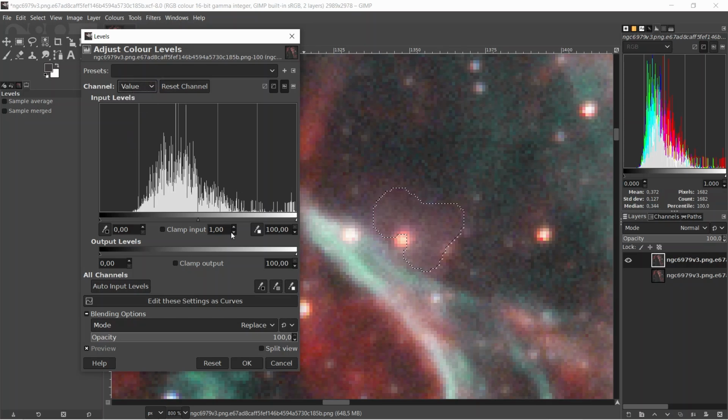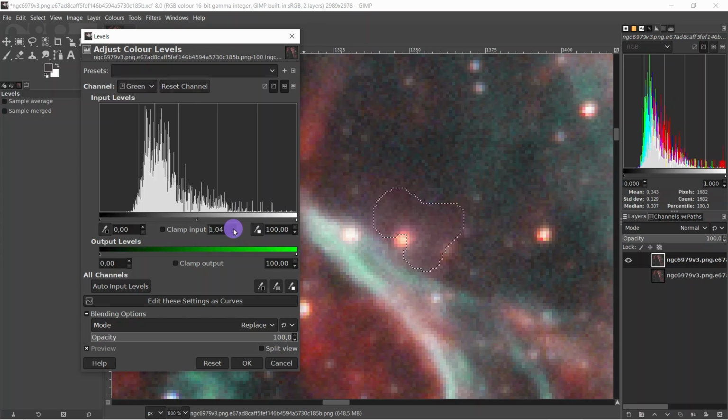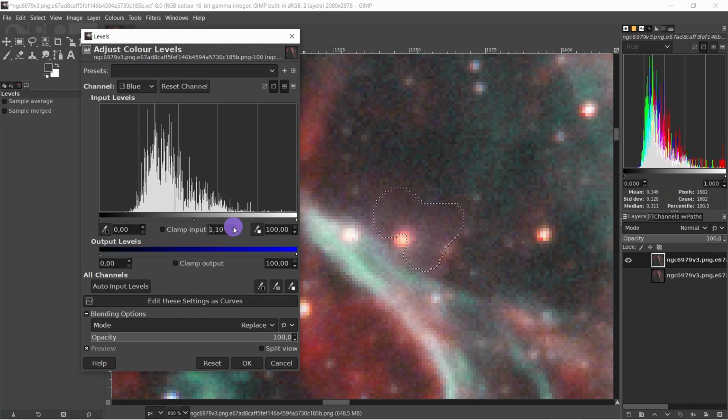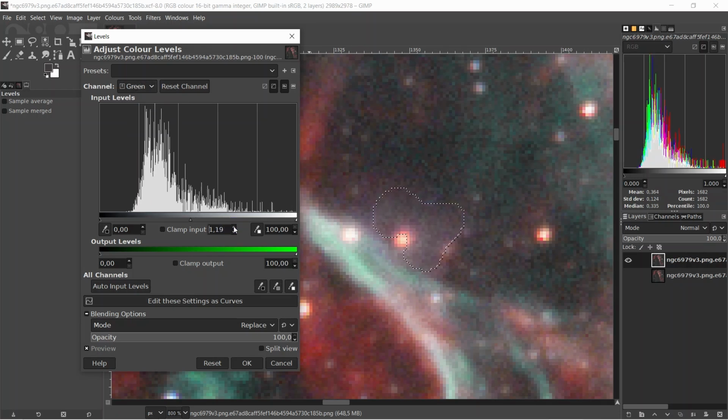Colors, levels, value. Let's make it a little bit darker. And let's add some green, and let's add some blue. Oh, too much. Yeah, in a moment we will finish with the same magenta color which we started with. But let's not. Let's add some green. There you see. There you go, what I wanted to say. Adding some green,